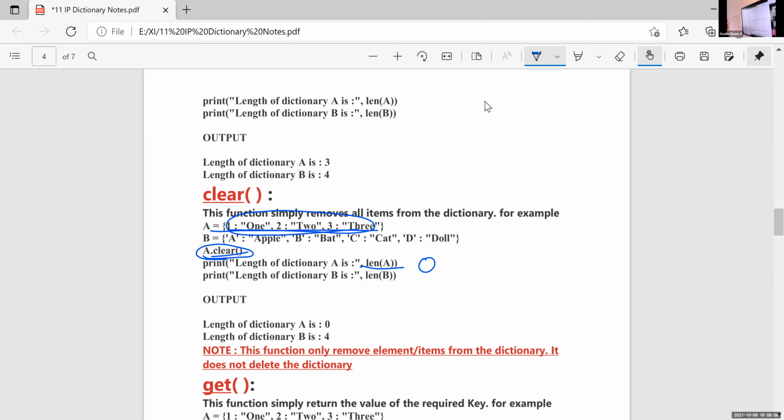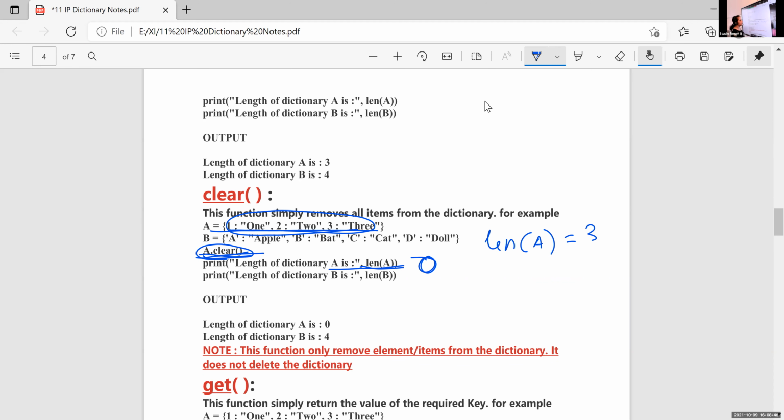Okay, your questions are just like that. So I'm using 2 statements, and after that I want to find len of A. Here, what is len of A? Before this A dot clear, len of A is 3. Then after that I am using the statement A dot clear, and after A dot clear, I am again using the same statement, len of A. Then here, what is the result? It is 0.